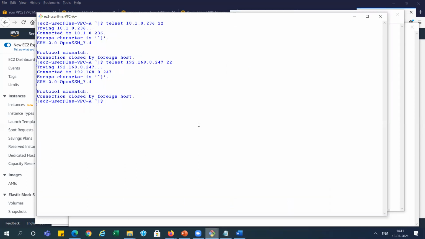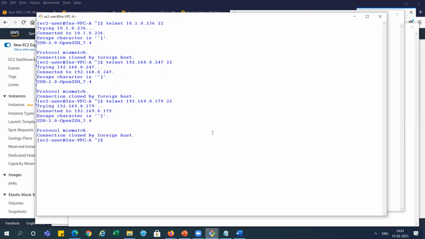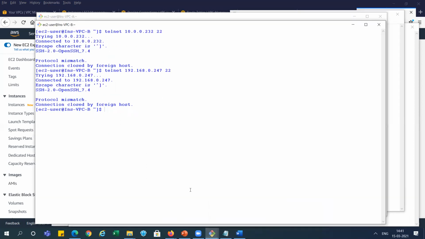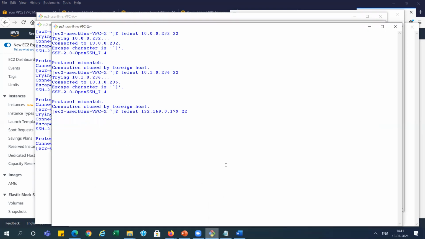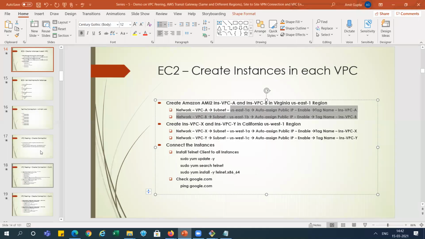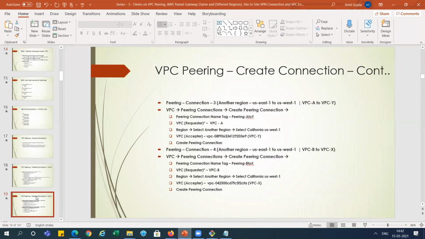Now the last one, we will check Y. We go there, select this, and ping it. It is working, a different region, right? We will do the same thing from B. This is B2Y. It is working fine. And now X to Y, the same region, so it is working fine. Now we are able to access the private APIs from the other region side. We have done the process and successfully tested all of it.